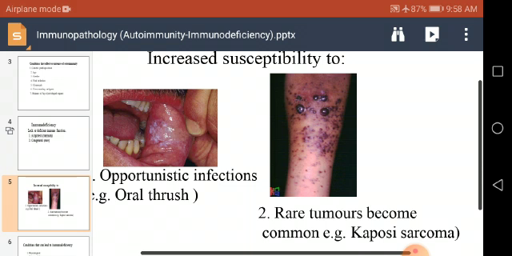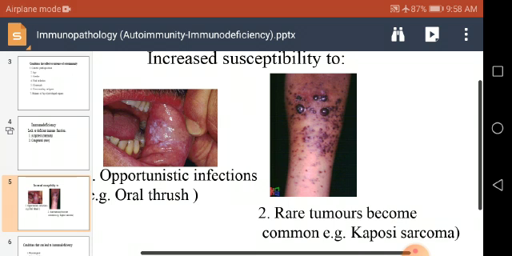The less virulent microorganism and the microorganism of the normal flora. Here our example is the oral thrush, which results from Candida albicans, and Candida albicans is part of the normal microbial flora of the body and the oral mucosa. So when the immunity goes down, oral thrush may occur, and the infection and the infective organism will be within the organ here.